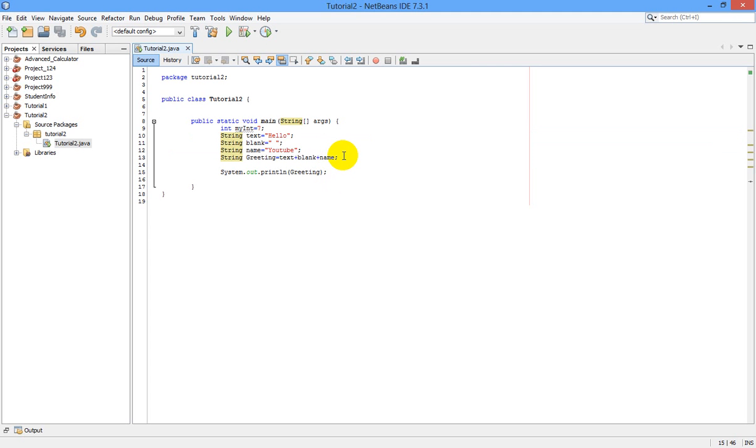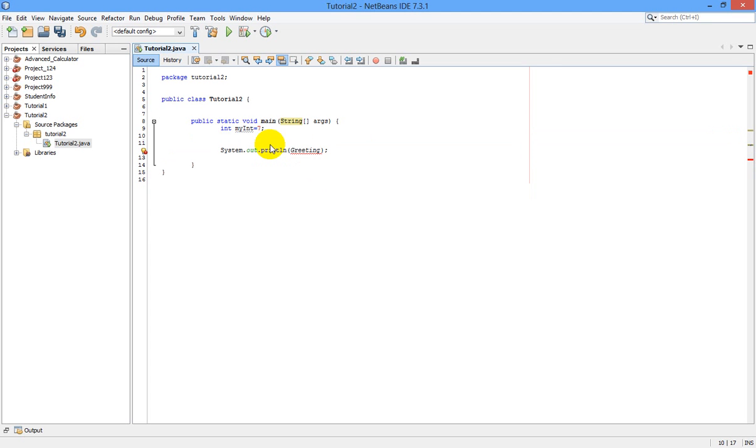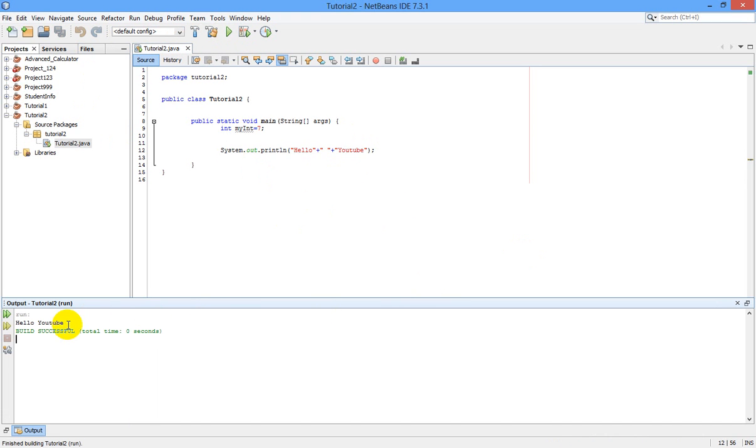I am removing this, System.out.println is equal to hello plus, I am giving a bit of space here, plus YouTube. And if I run the program again, you can see I am getting the same result.